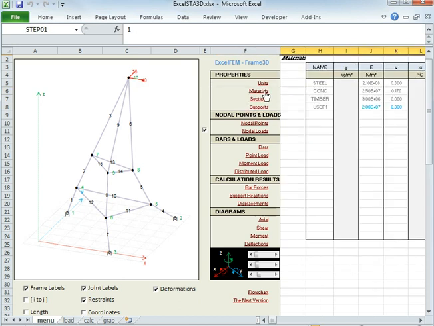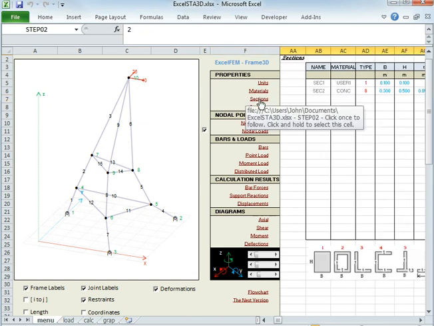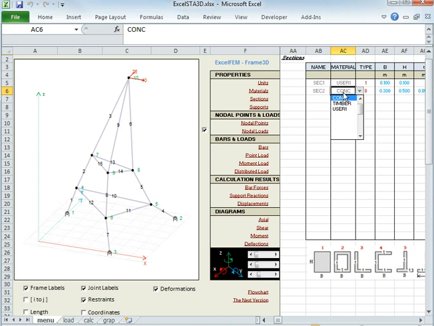Now let's have a look at the second link down. This is for materials. We can define any number of materials that we care to specify here. And in the third link down we have sections. So this is the section properties that we want to use for this problem. And Turan again has made this very easy to use. The first thing you have to do is select a material, and the material automatically reads from the materials you've already previously defined, and then it allows you to choose a section type 1 to 10, and you can see what each of the sections are by using this key down here,